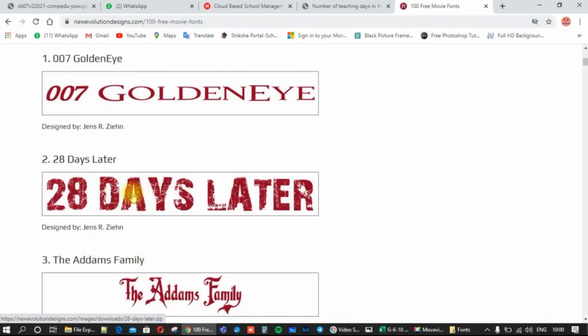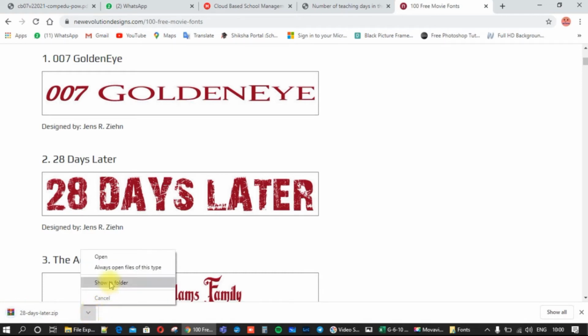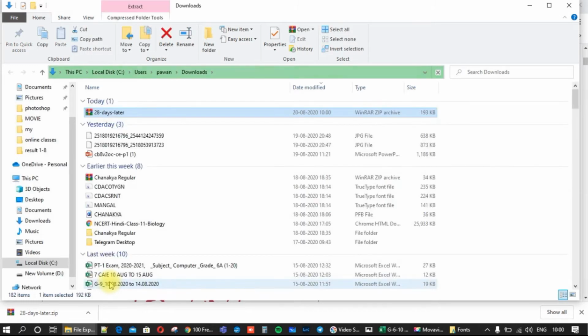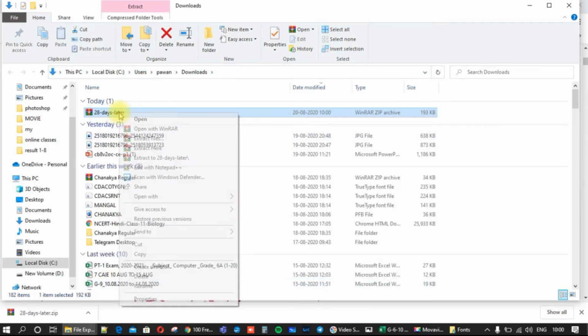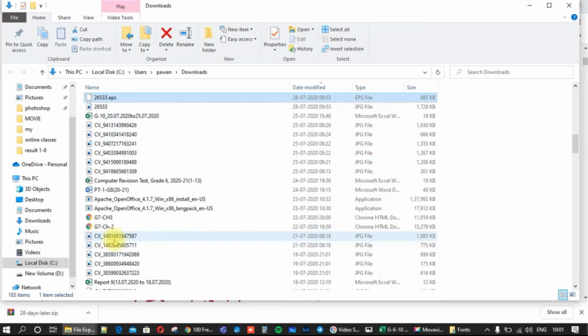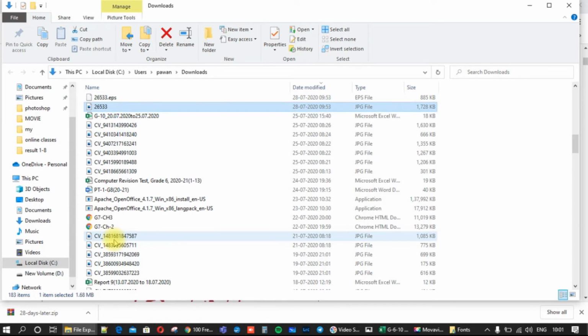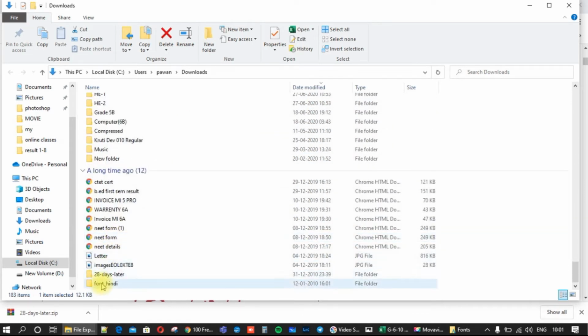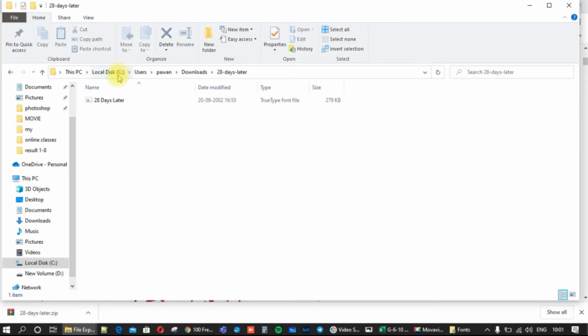Suppose I want this type of font, so click on it. The font is downloaded. Open the folder. Okay, this is the font. Just extract it. Extract here. Search for the folder. See, it is extracted here.